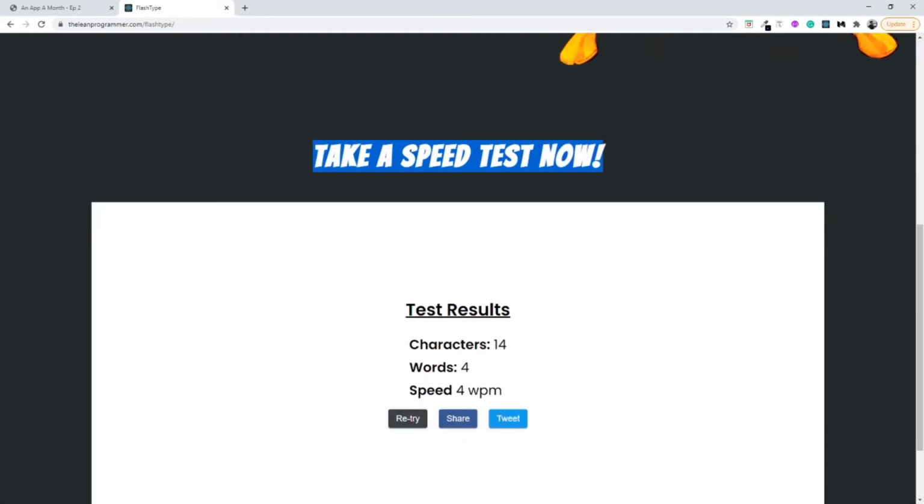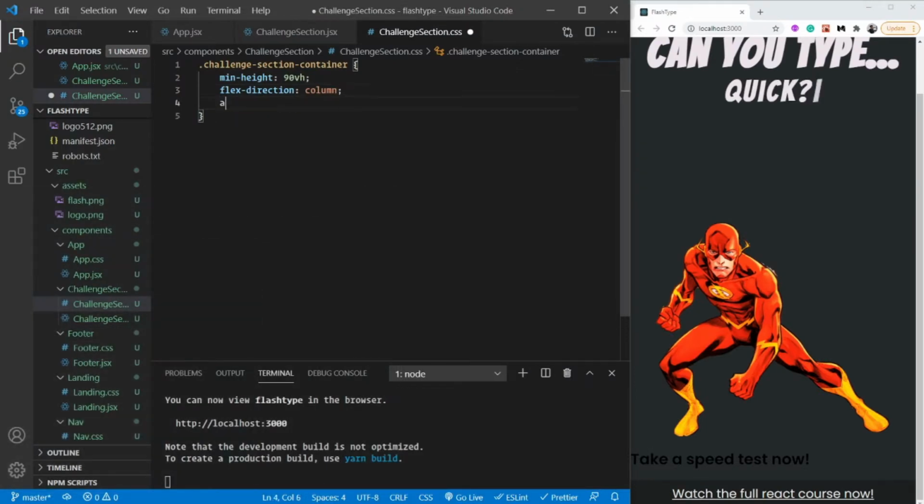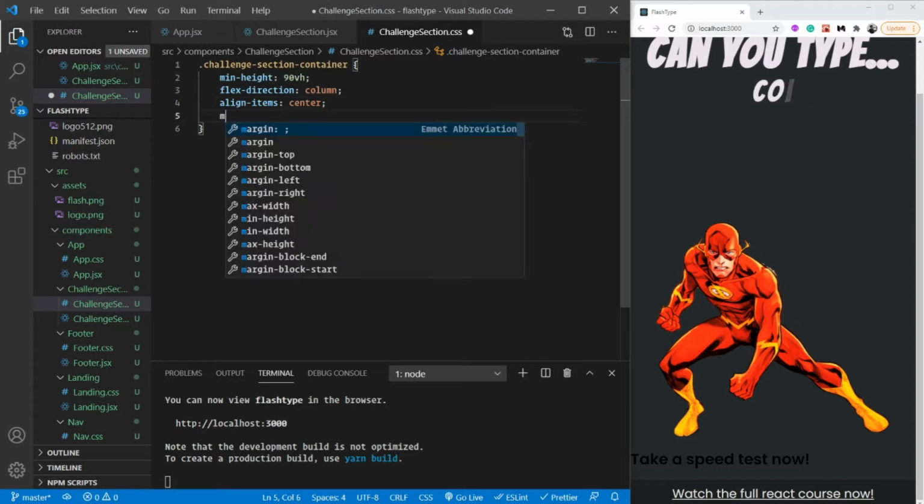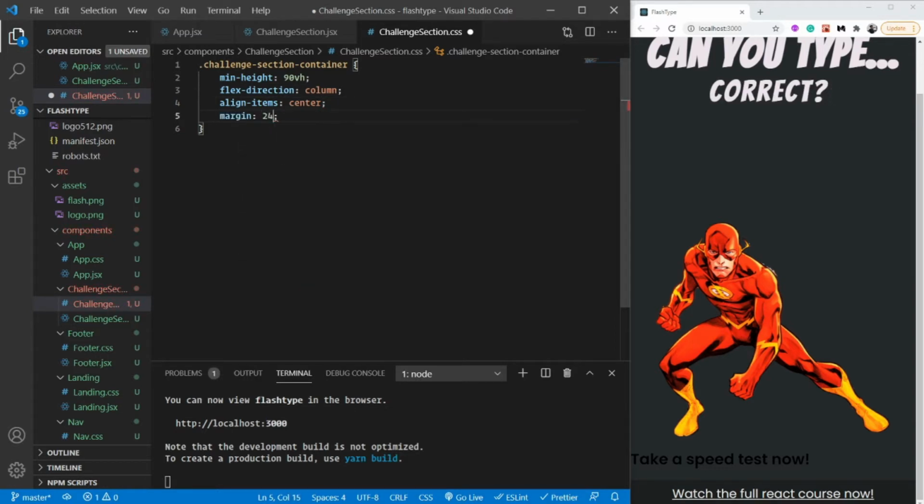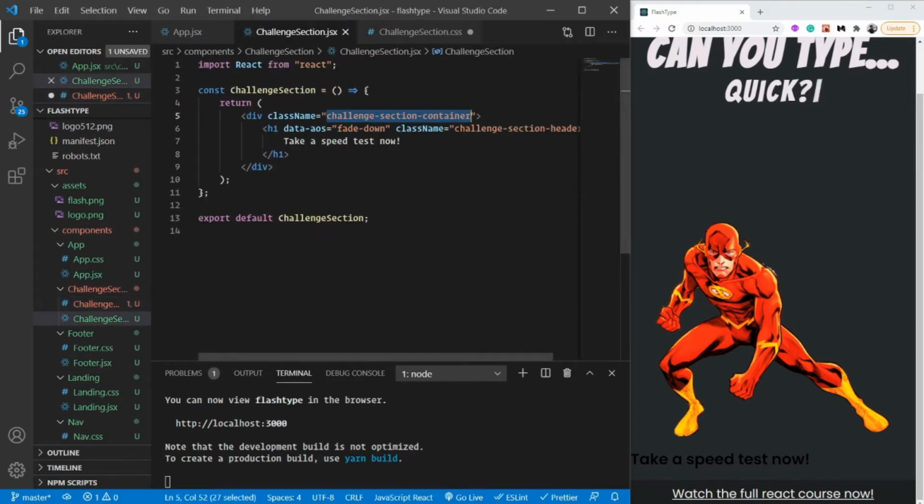First element is this, second element is this, so they actually appear in a column manner. And I'm going to align items as center, and I can say margin as 24 pixel and 0. This should be good enough. We are going to also style